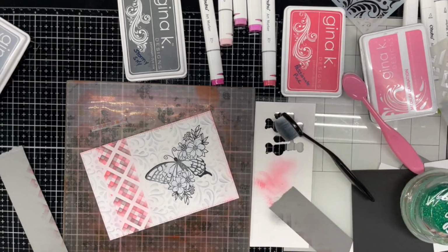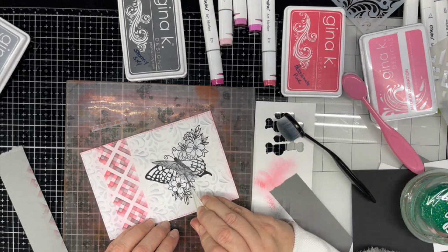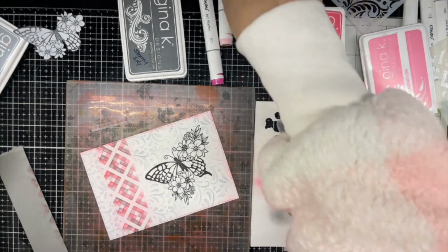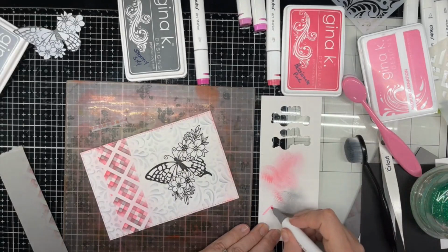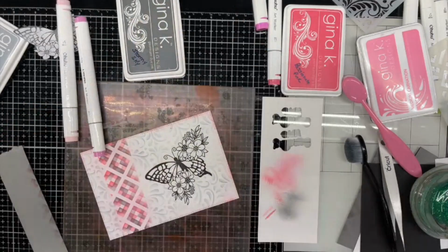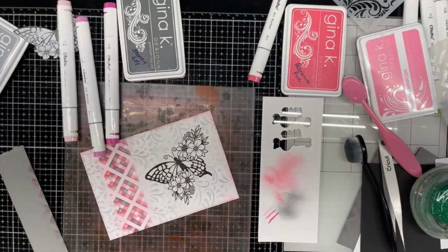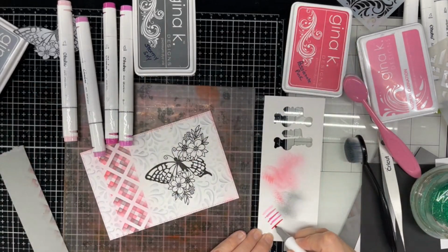Now I'll get my tweezers and we'll lift up this mask layer, if I can. All right. Now I'm going to color the butterfly. And this is where I really need to check my colors. Look at that one. I'm going to put these in order so that I can see what color they are. That one's really bright, so that'll be for the butterfly. That one. I found if I lay them in order,